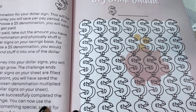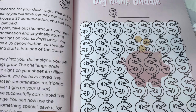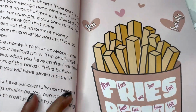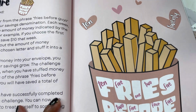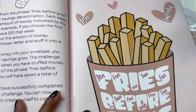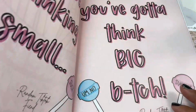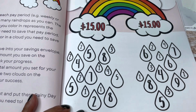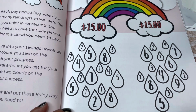So I'm not going to go into all these in detail, but Big Bank Baddie. So you have a little dollar sign. You can choose your denomination. We have fries before guys. And you color it in and save the amount on the letters. Some more affirmations. Make it rain. So just a little...